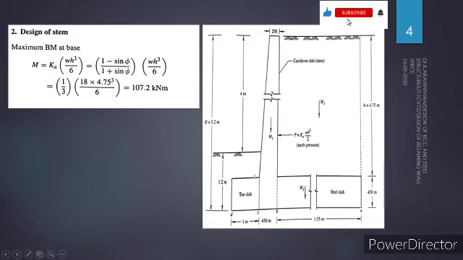Now when we are designing the stem portion, from this part up to the overall height is the stem. When designing the stem, first you have to find the moment. The moment will be maximum at the bottom. This is the earth force which is acting on the stem. What is the force? That is Ka W h square divided by 2. How we arrived at that, you can refer to the previous lecture for clarity.